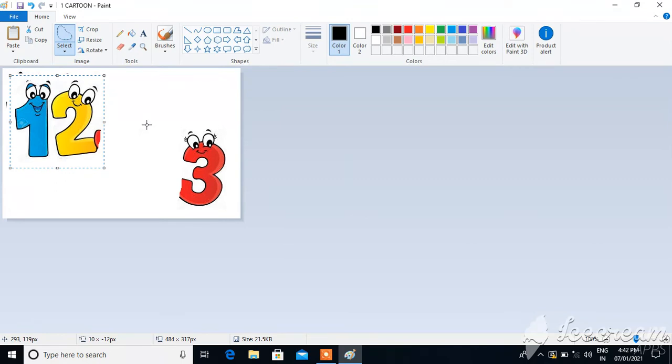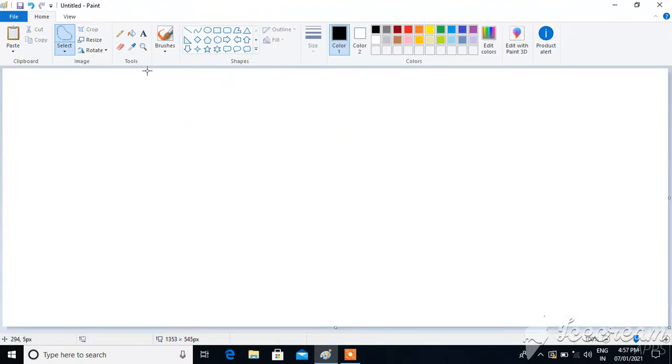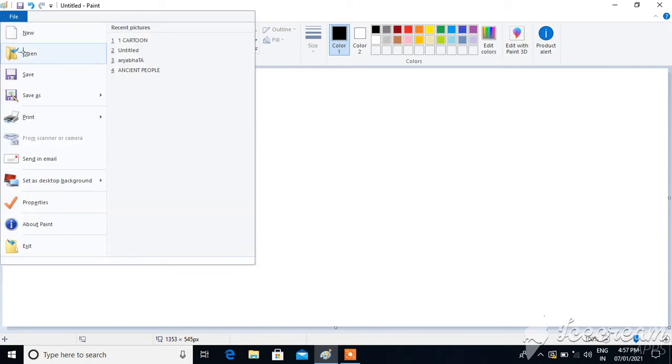Now next we will see cropping an image. How to crop an image. Okay, now we will see how to crop the image. So again, take one more image.